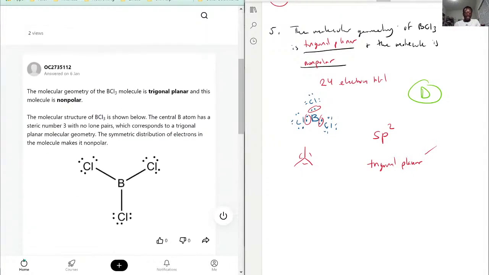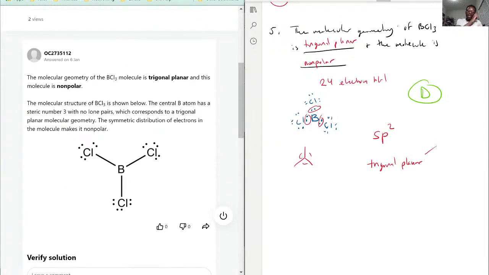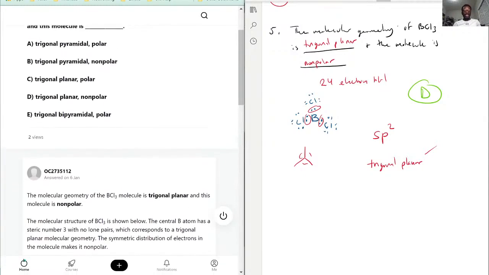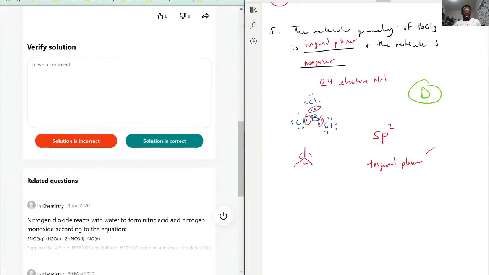Okay, let's see how we did. Trigonal planar, nonpolar. Most structures like that, which is what we drew, and the distribution of electrons is what makes it nonpolar. So with that being said, the only one that worked for trigonal planar and nonpolar was indeed D. Okay. So with that being said, just quickly take a look